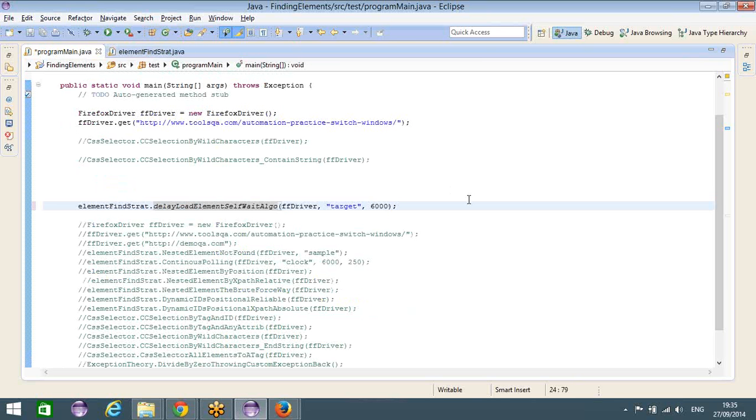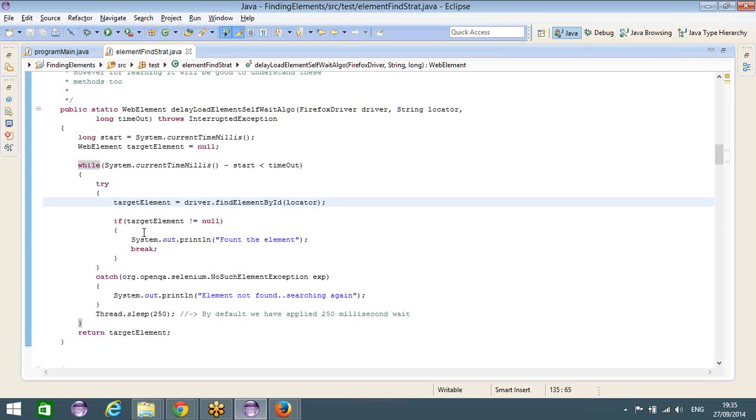Let's create it for 6 seconds. I think the timeout was small. That's why it didn't fall into this. It broke out of it earlier. So right now I've increased the timeout and it will wait for 6 seconds. Probably it wasn't waiting for the exact amount of time. So if we run it again,